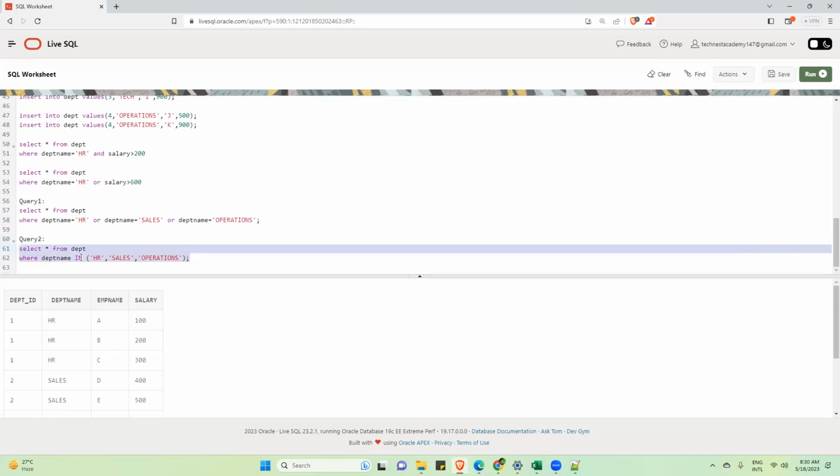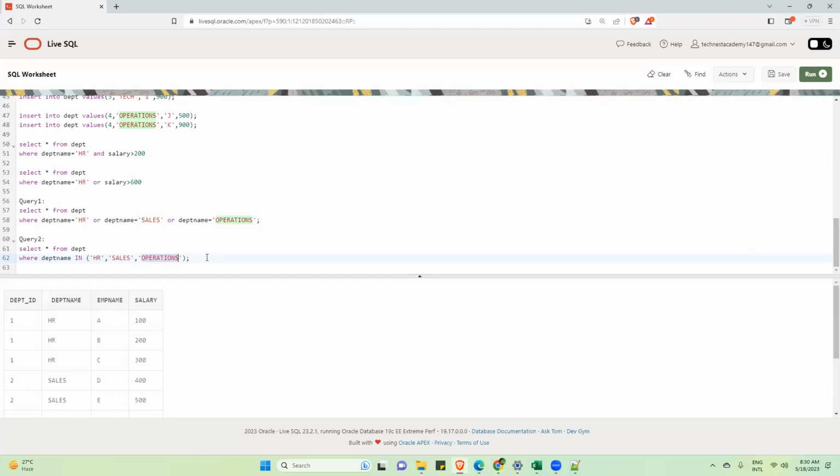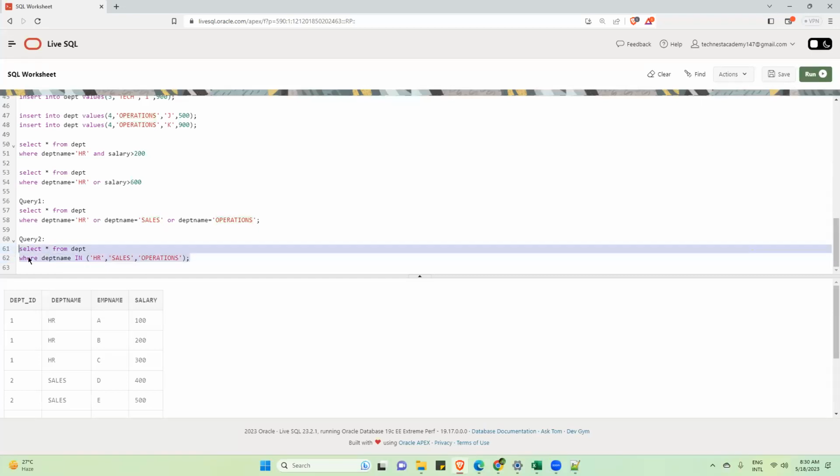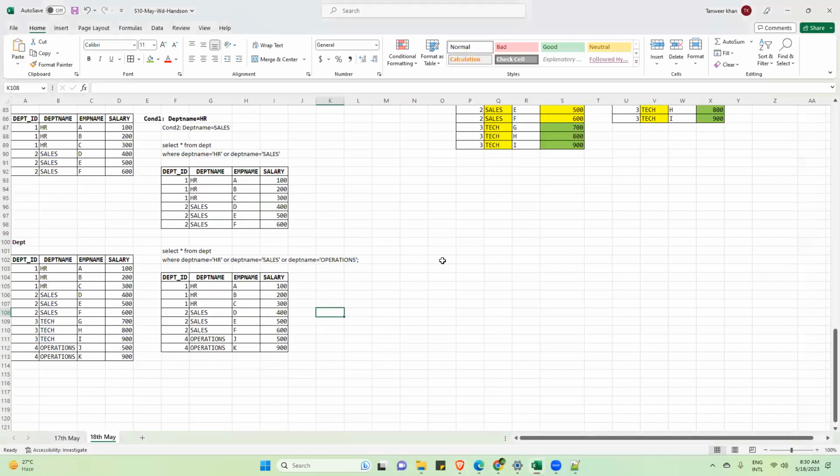The only difference is I have used the in operator, and this is a shortcut, or this is preferred. When you're using the in operator, the engine will automatically understand that Tanvir is searching for department HR or sales or operations.